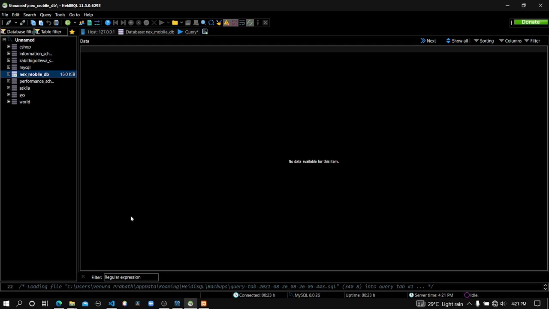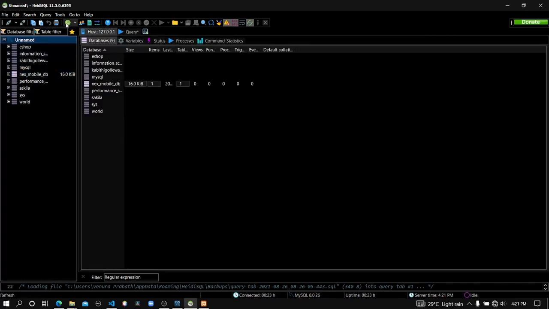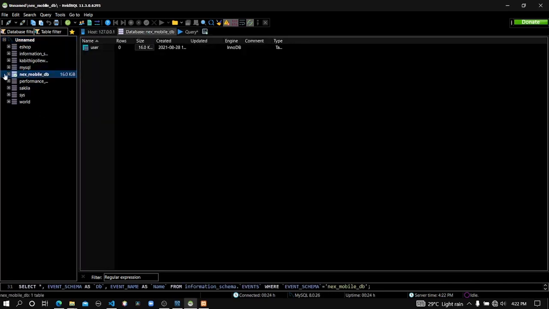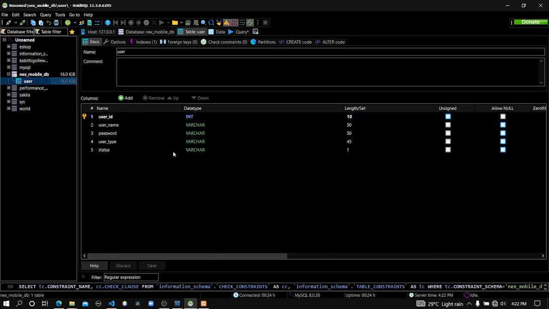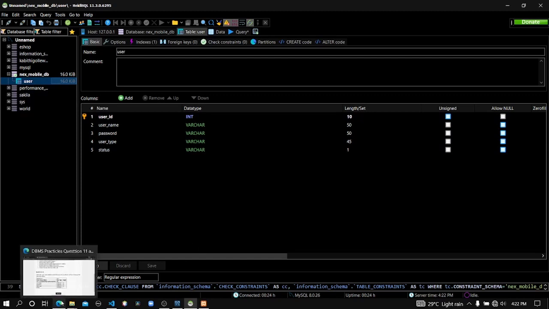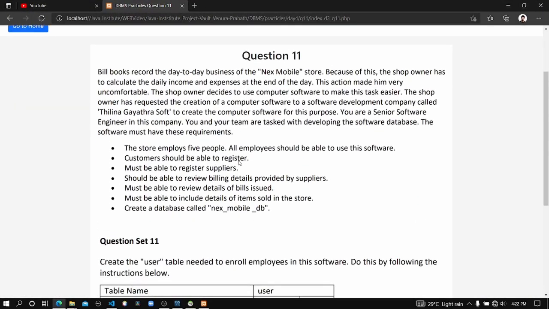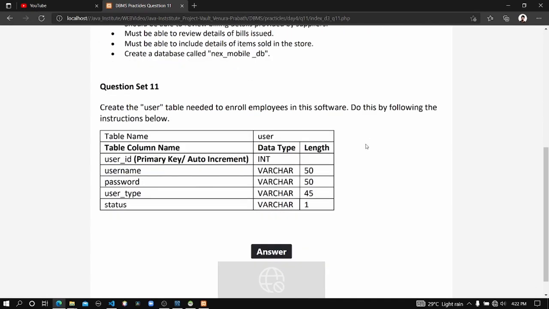This is another software we use to graphically view the data inside our database MySQL server. So I'm going to refresh this table. Actually, refresh our connection by clicking on the connection and then pressing the refresh button. You can see our database is here, and here is our table called user, and here are the attributes inside it. So we completed our 11th question, and I'm going to stop this video for now.